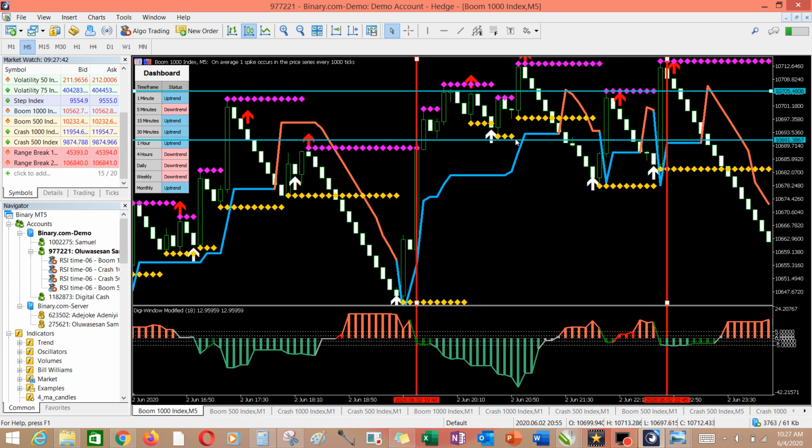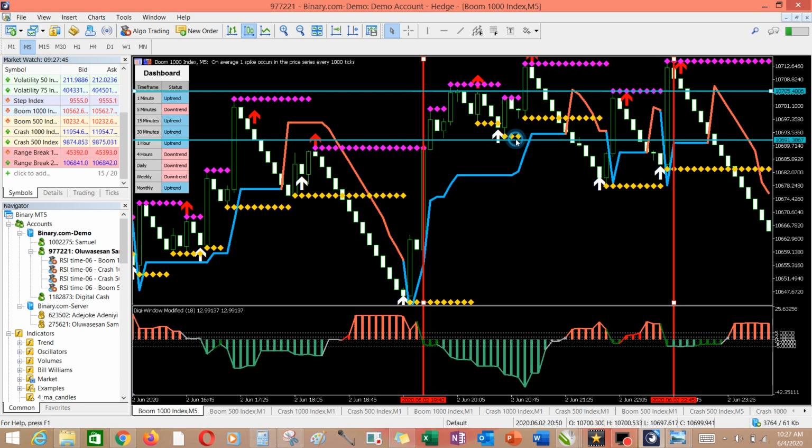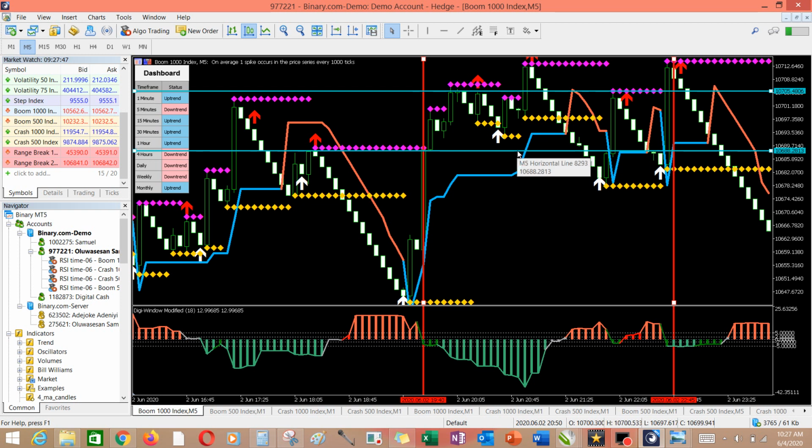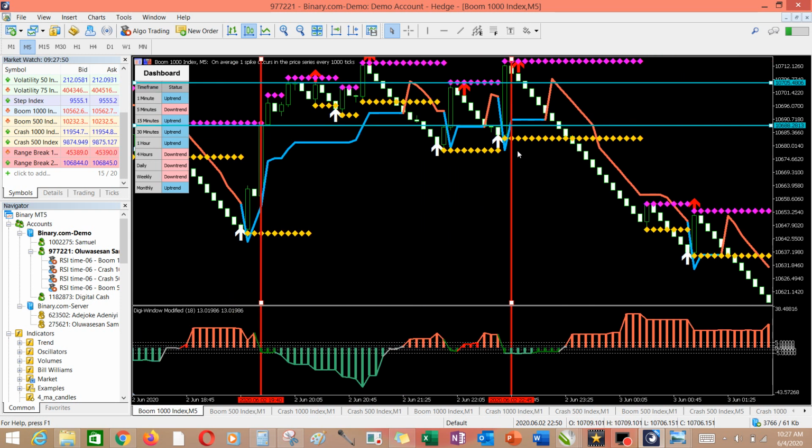This time around, I want to use this to describe breaking down below, that is for a sell. You can see it spiked up, got to this level, came down again, went back up, got to this level, came down again, broke it a bit, but went back up again, got to this level, came back up, came back down and went back up. This time around, it broke it at this level, which means, how do you use it to trade the retest? Let me use that as an example.